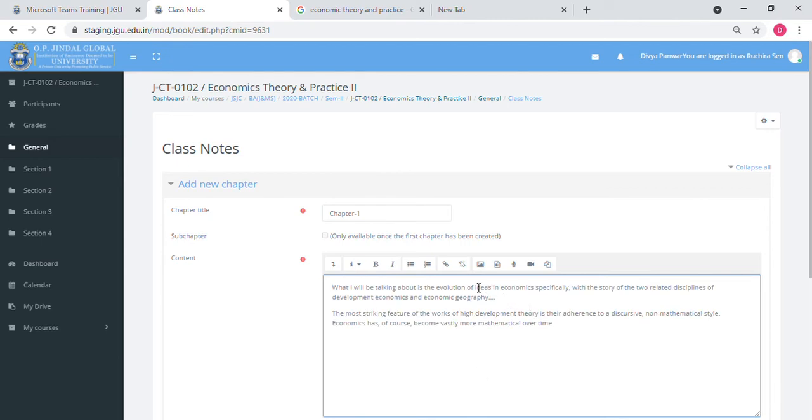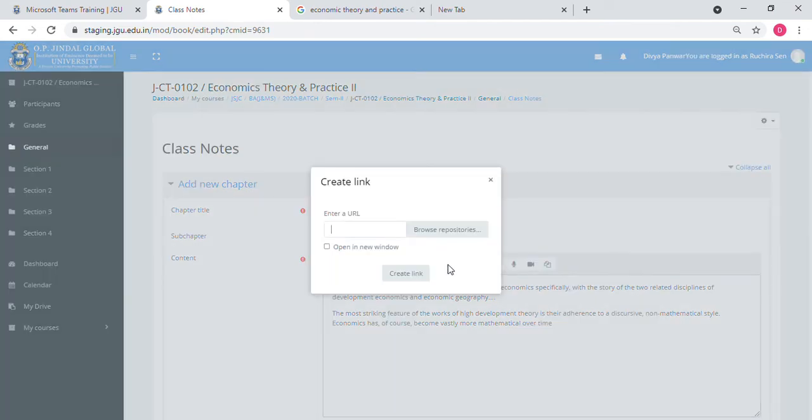Or you can even add the link URL here by clicking on this button. And you can enter the URL here.